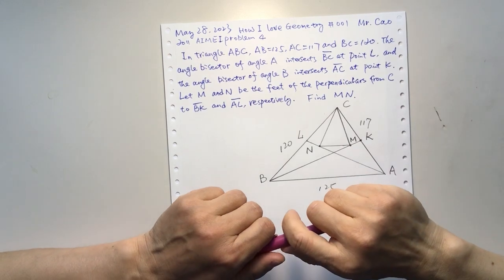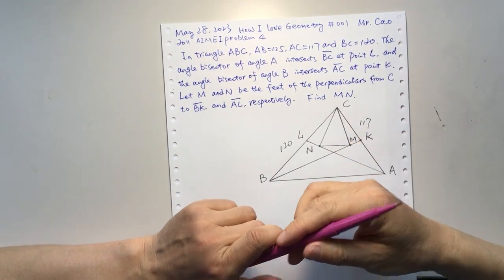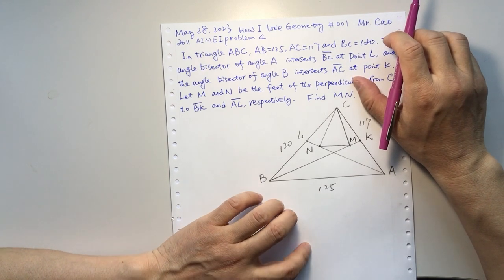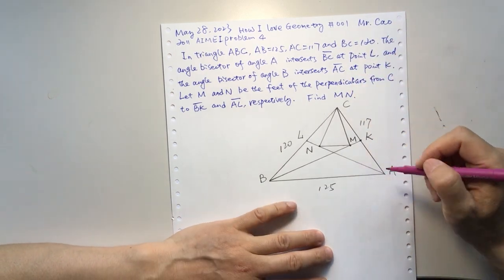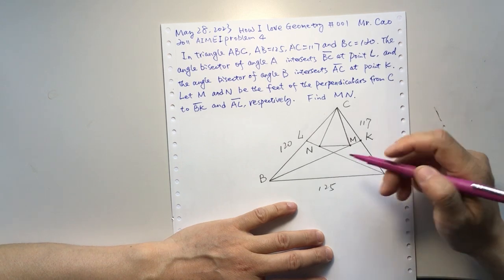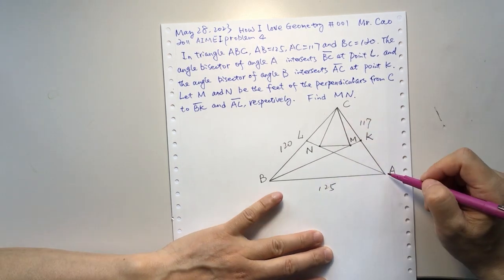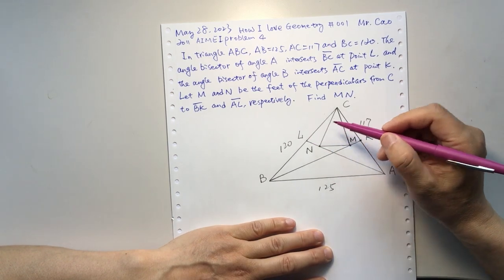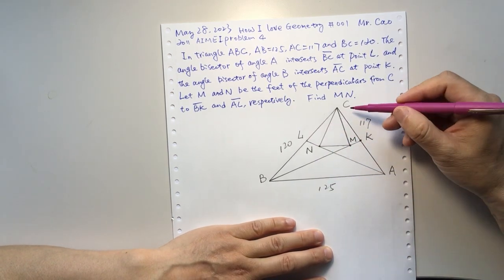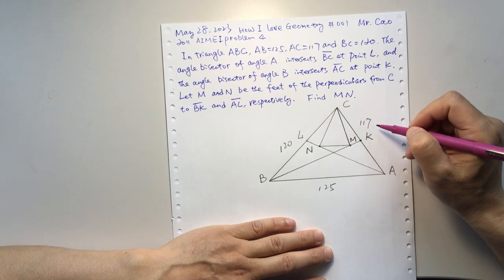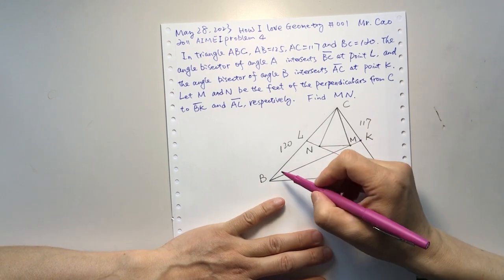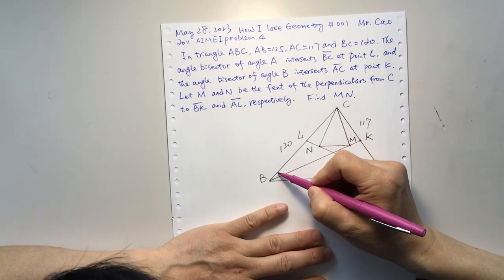I'm Mr. Chao. This is an AIME problem, 2011 AIME I problem 4. The problem says in triangle ABC, AB is 125, BC is 120, AC is 117, and BK is the angle